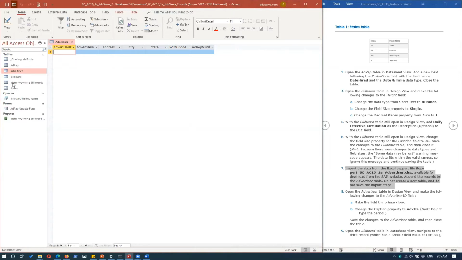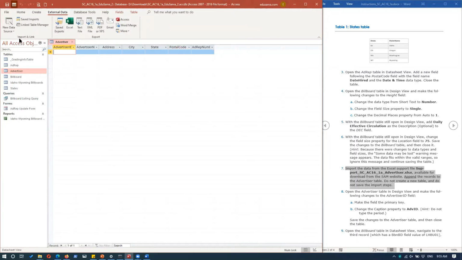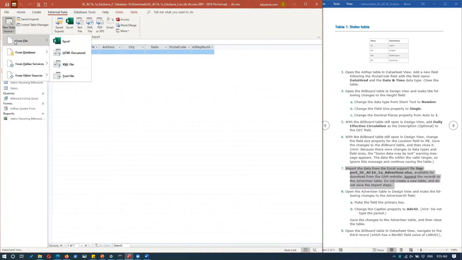So let's do this. We already have the advertisers table. We just want to import the records for that. To do this, you can click on external data, and then we're going to click on new data source and file, Excel. So we're going to take it from the Excel worksheet. So make sure you select Excel,